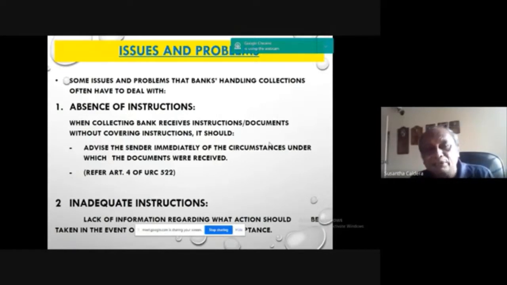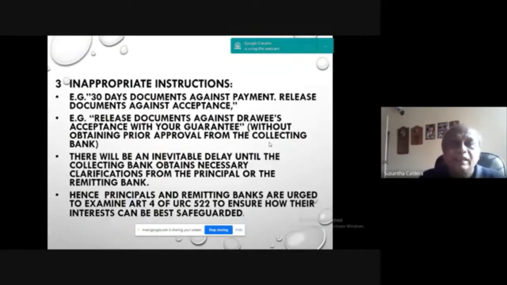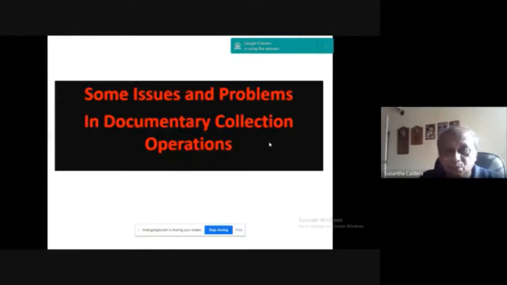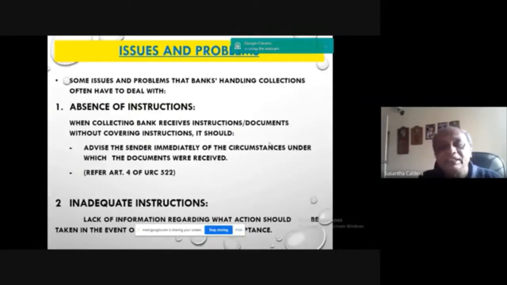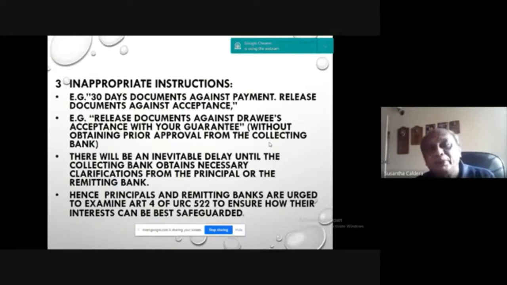Inadequate instructions: lack of information regarding what action should be taken in the event of non-payment or non-acceptance. When we receive the instructions, they are inadequate. Inappropriate instructions. So if I ask you a question to list some issues and problems in document collection operations, then you have to come up with these things. Inappropriate instructions, for example,